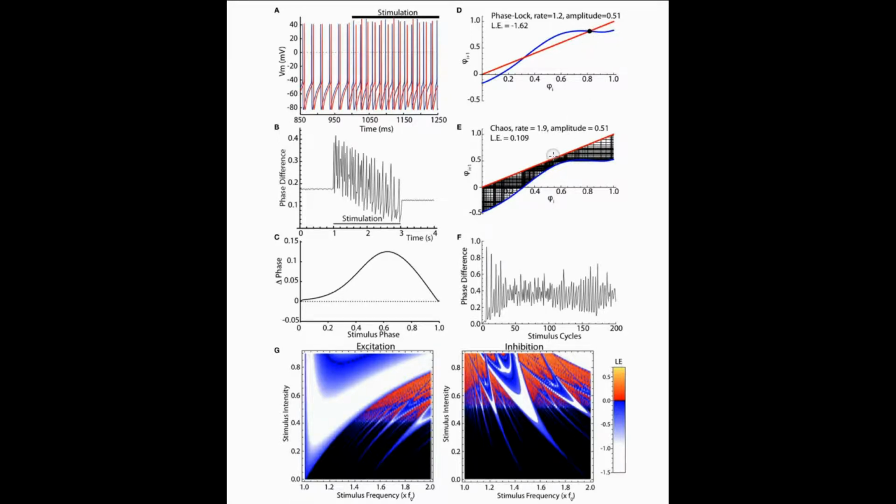By changing the stimulus frequency, we actually move this blue line up and down. And at some point, these lines no longer connect, and then when we map the phase on the next cycle just from the last cycle, we can do what's called a cobweb. So you go up to the blue line and then over to the line of identity, it wraps around, and then back down to the blue line